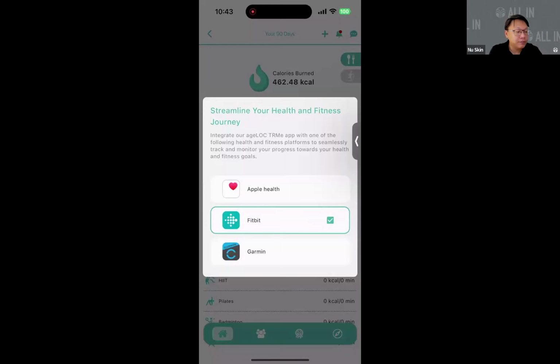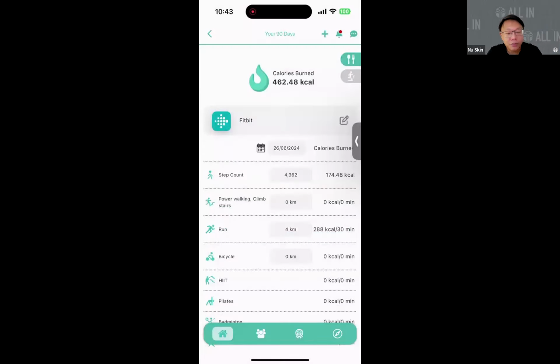into the application. Okay, the reason why just now it takes some time is because it is grabbing my today's data to sync it automatically, right? You see that the date is today's date, 26th of June, and then you see a step count of 4,362. Let me show you exactly why it is showing that.